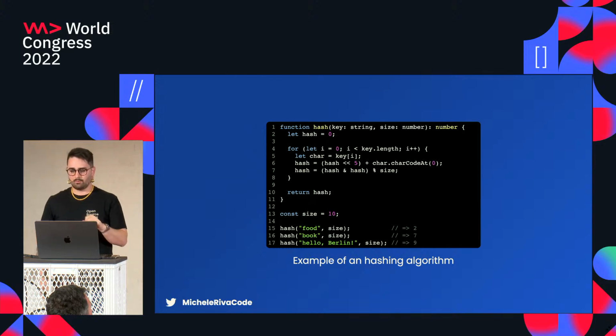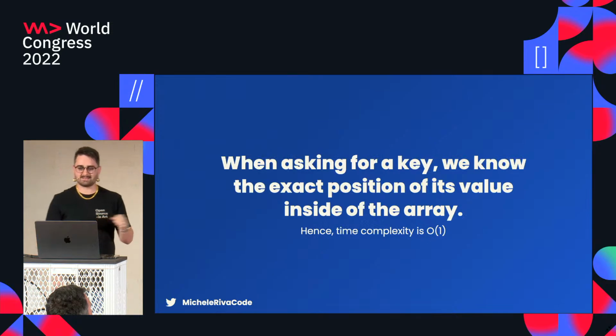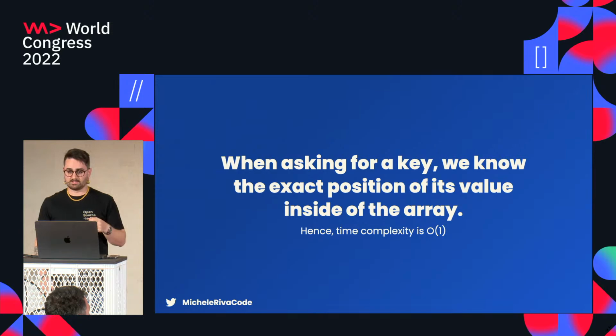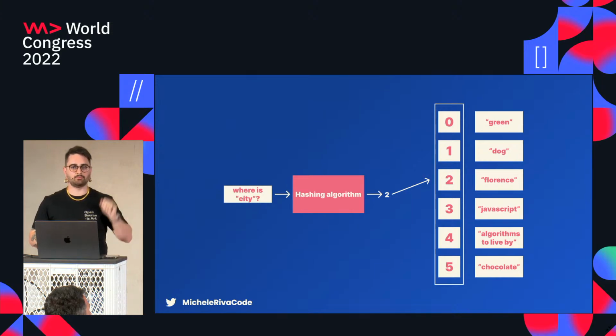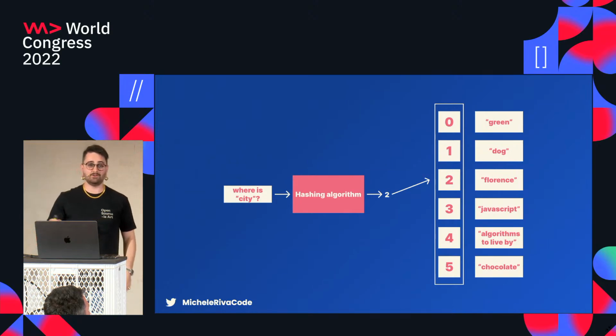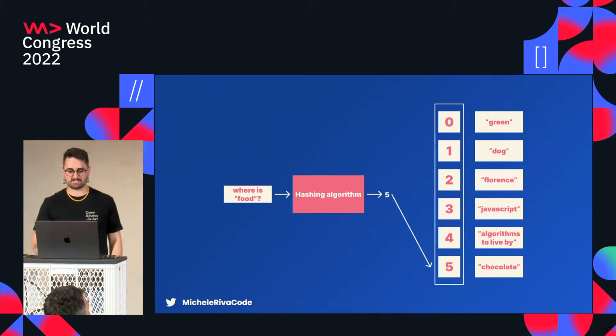So one important thing to notice is that when asking for a key, we know the exact position of its value inside of the array. So it's not only convenient for storing data, but also for retrieving data in O(1), so in constant time. So the time complexity is constant. So for example, I might say, OK, where is city inside of my array? And the hashing algorithm will say index number 2. So as you can see, we exactly know where the value for city is. And we can do the same for food, chocolate. So we can find chocolate eventually in O(1),